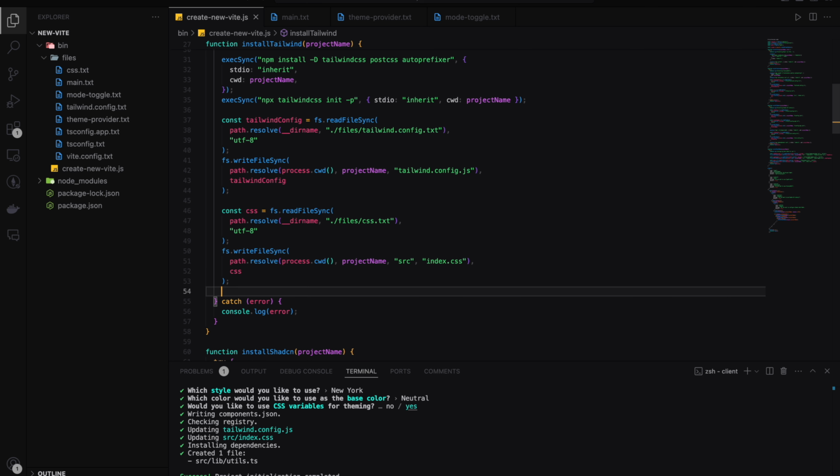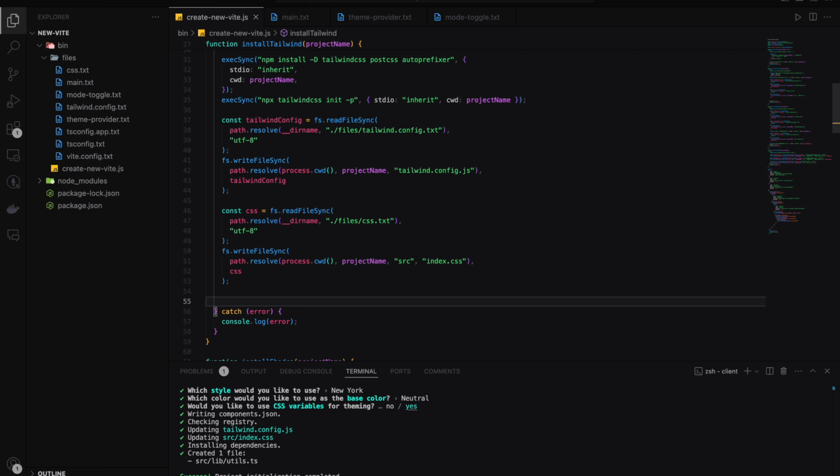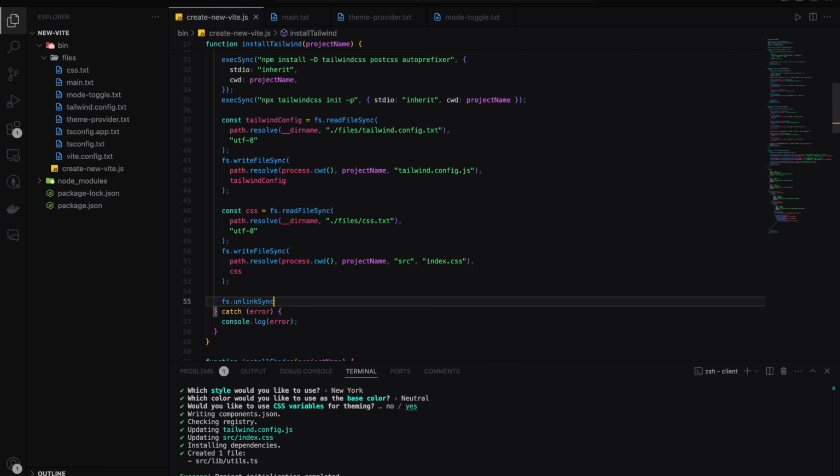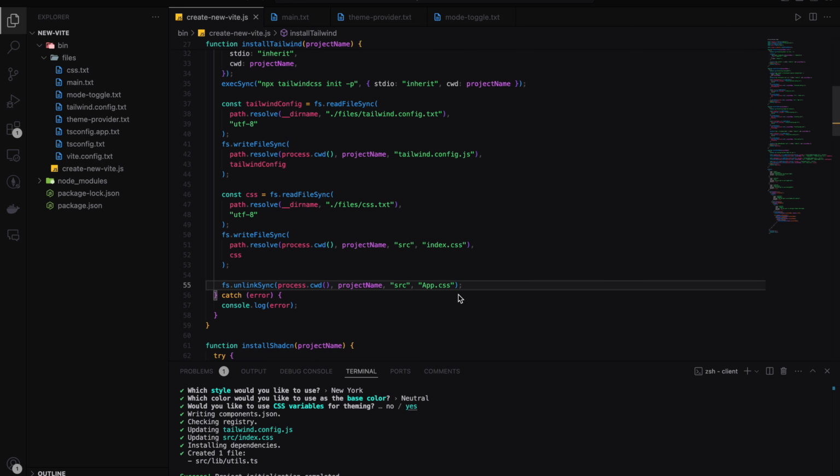So here for deleting the App.css we can use fs.unlinkSync, process.cwd() and the project name and under the src folder. We have to delete the App.css,